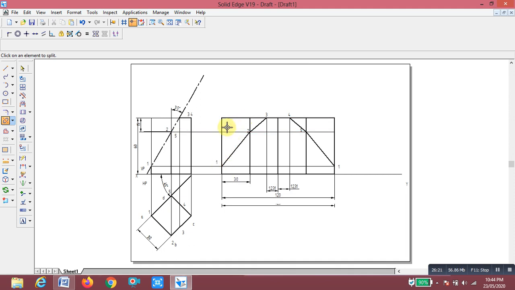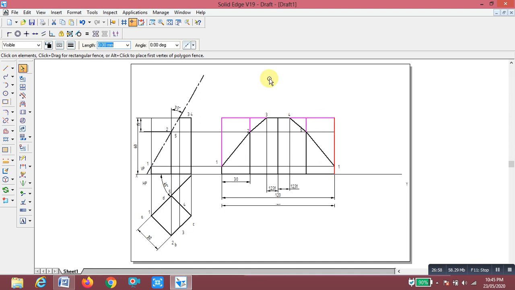Split, you have to split these lines at this point. Now select line, select this line, this line, these lines you have to make thin, point 1 3. So this portion is the development.